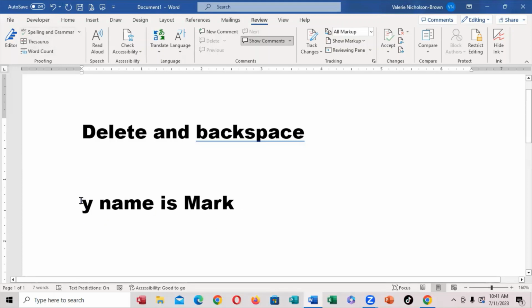If you have the cursor up front, it won't backspace. So you have to put it right here. So if you want to backspace, the cursor must be on the right. If you want to delete, the cursor must be on the left. Very important. So if you have learned something from